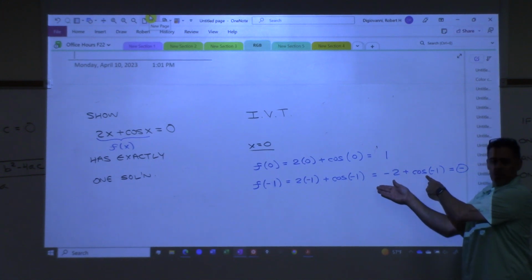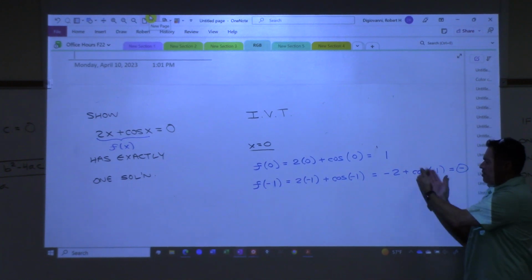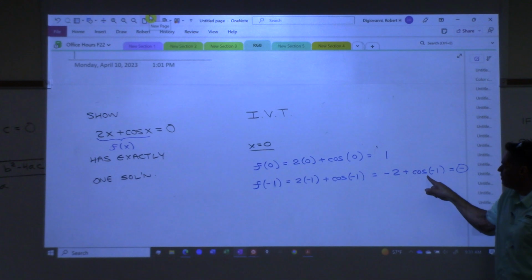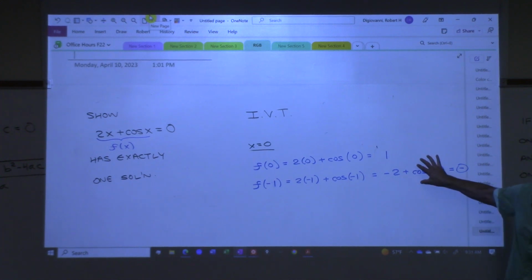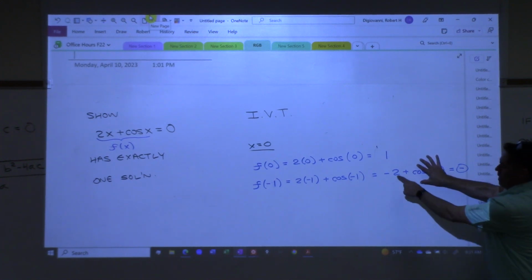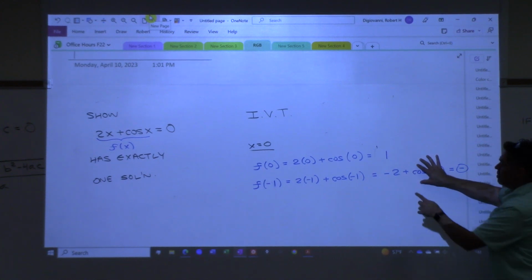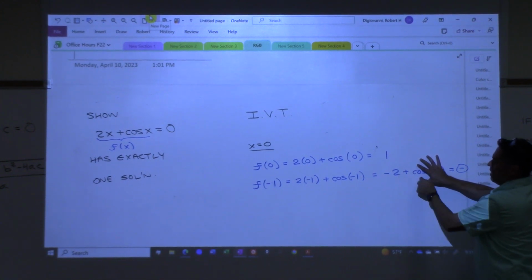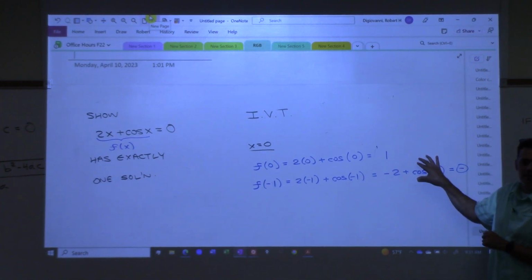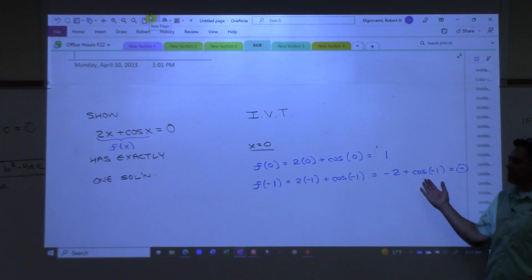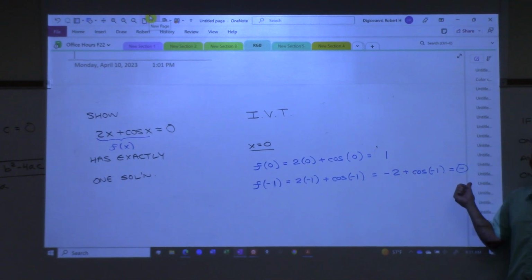+1. And what am I going to do to it? Subtract 2, right? So could this ever turn out to be a positive number? This right here would have to be bigger than what for it to be positive? It would have to be bigger than +2, right? Because if I add 2 to this, I get 0, right? This plus 2 would be 0. But if it's any bigger than 2, then I would get positive, right? But it's impossible. It's impossible to make that bigger than 2. Does that make sense? So this can never be a positive number. It has to be negative. Now, why is that important? It's important because what I have